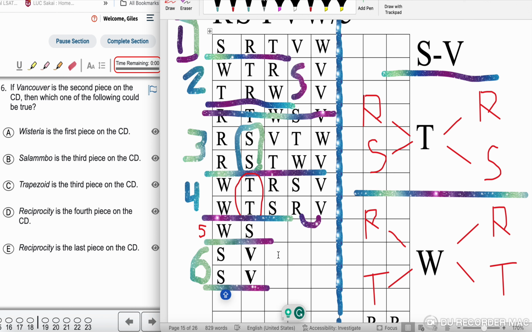So let's make sure everything else meets the standards, where R has to be before. So we're going to put R here. And I'm also going to put R here just for right now. Now I'm going to put T here. And then I'm going to put W in this world. Now for this world, it worked out. R, T, W. Just to make sure, I'm going to go ahead and fill it in. W. And now I'm going to make sure that it works out here as well,